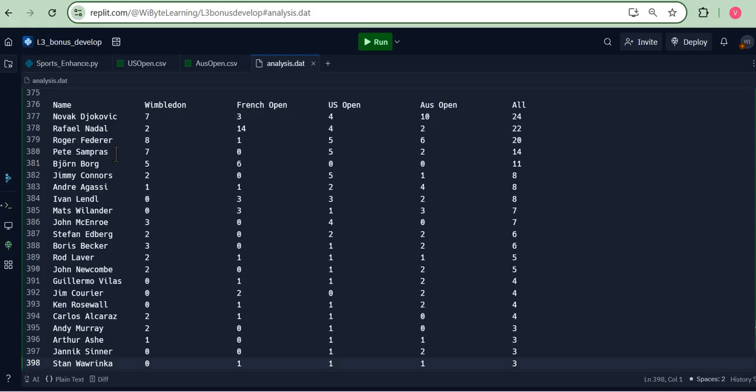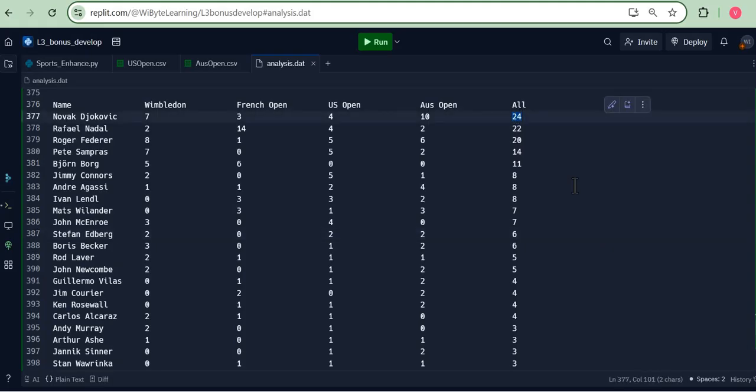And remember, that is available to me from the comparative analysis. I know the players who have won every tournament. I know all the winners of these. Some of them might not, for example, have won Wimbledon, but they have won at least one of these tournaments. And then we can see, I'm presenting it. I'm looking at how many times they won Wimbledon, French Open, US Open, Australian Open, and finally the total of